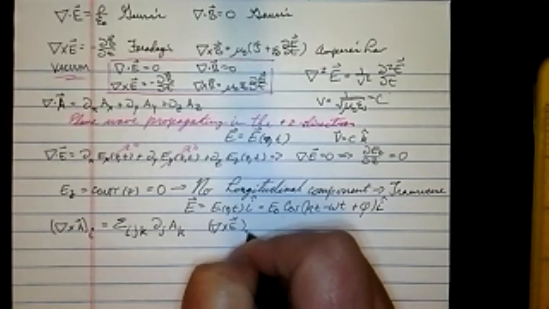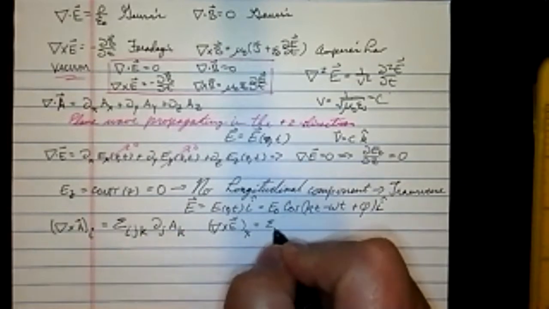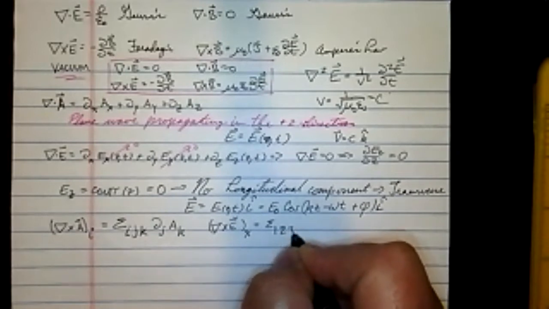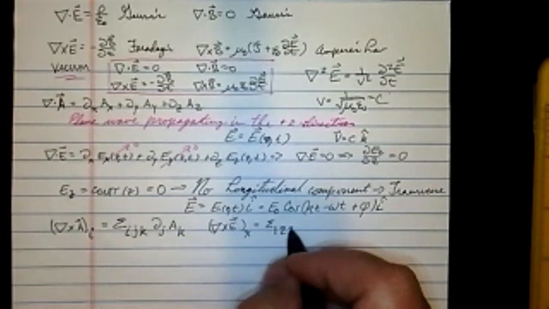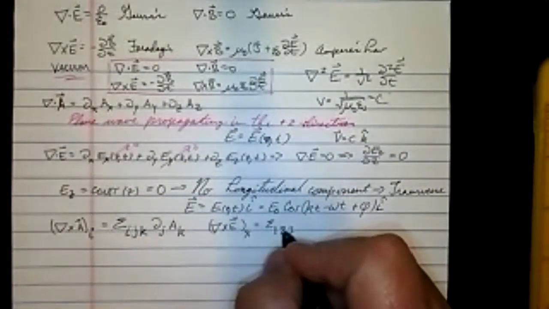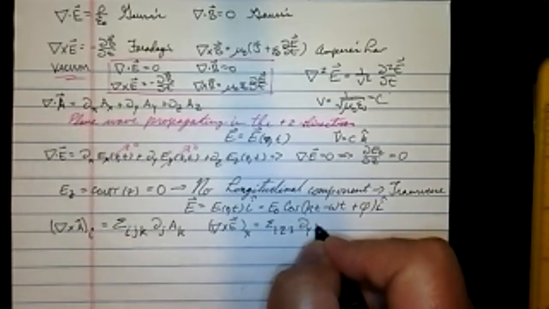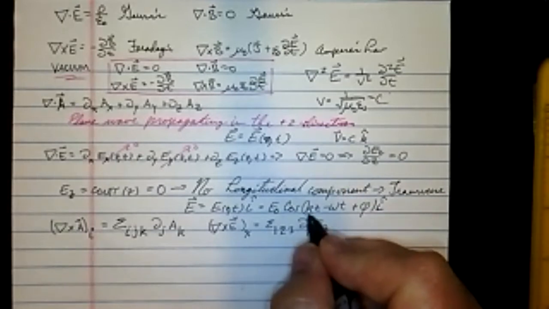So when I actually try to calculate the x component of del cross E, it's done like this. So the x component means epsilon i, the i would be 1. So I'm going to write epsilon 1. This has to be, of course, 2, 3 to not be 0, or it could be 3, 2 to not be 0. I'm going to do 2, 3 because that's a cyclic permutation. That gives me the 1, but the 2 corresponds to the y derivative, the derivative with respect to y, of the z component, which would be E z, which of course we know is 0